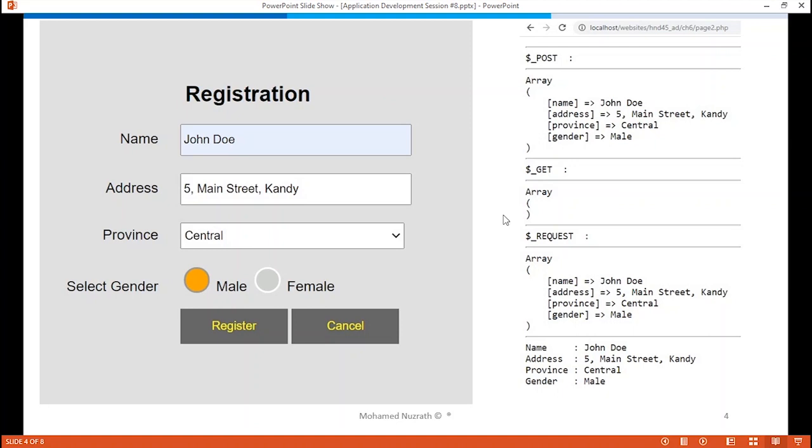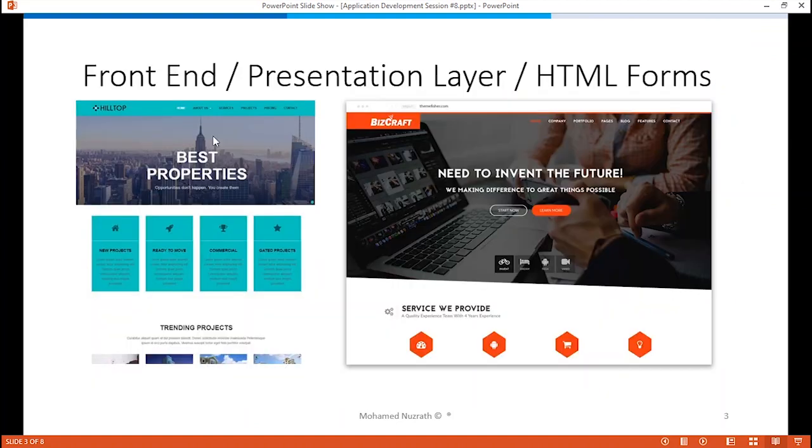If you go back to slide number 3, again you can see the front end. I told you the front end need not always look like an HTML form. It can be just a set of links. For example, if we have a link like newly arrived products, you can click on that link, and that link itself can carry some information to the back end. In the back end, it can get processed, and the newly arrived products can be fetched from the database and displayed on the screen.